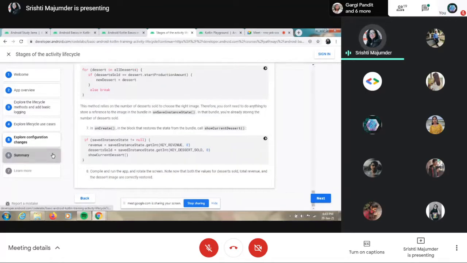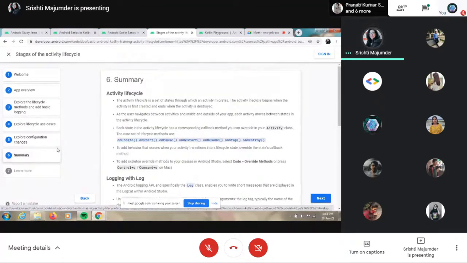So that's it with the stages of the activity lifecycle. So what did we learn? We learned how the activity works in an Android app, what states it takes, and what data the user is giving. Then we learned certain functions called onCreate, onStart, onPause.